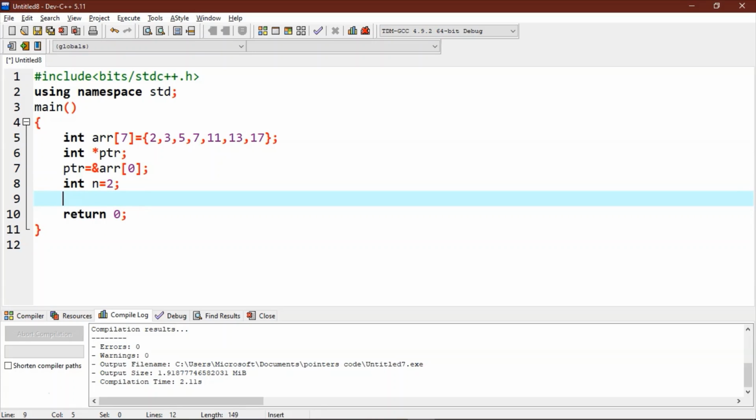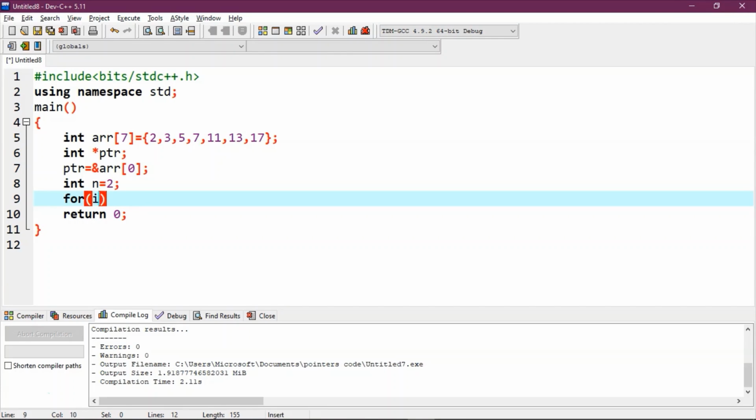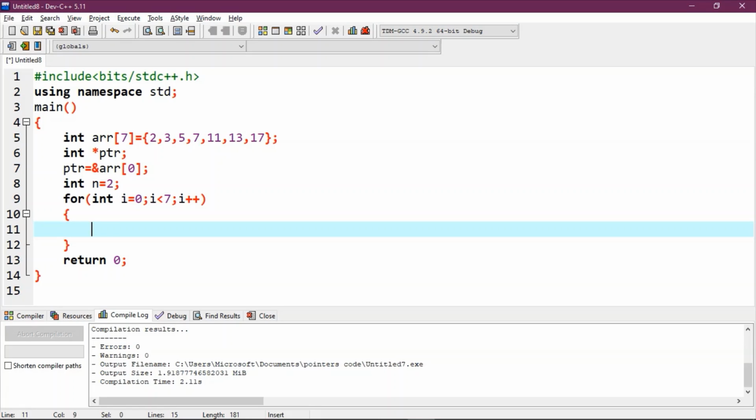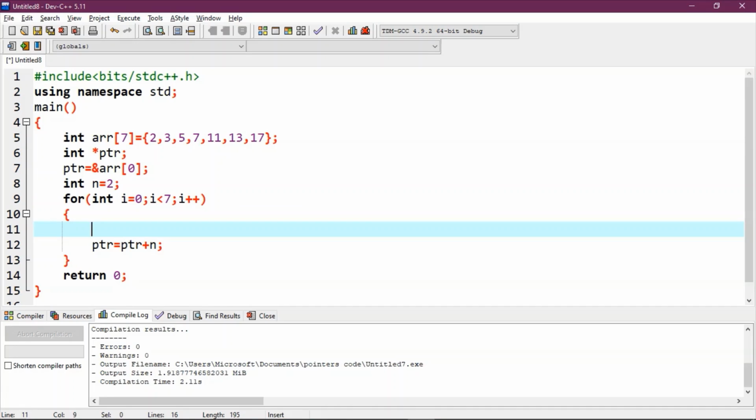Now let's write a for loop to traverse this array. In this for loop, we will increment the pointer's value with integer n and we will keep printing the pointer ptr's value.